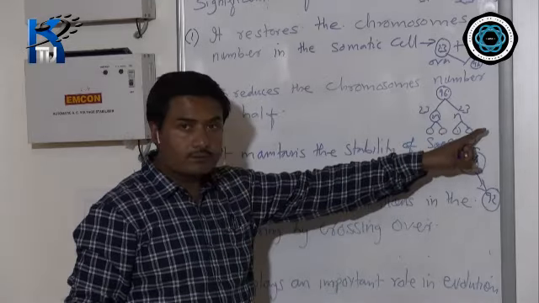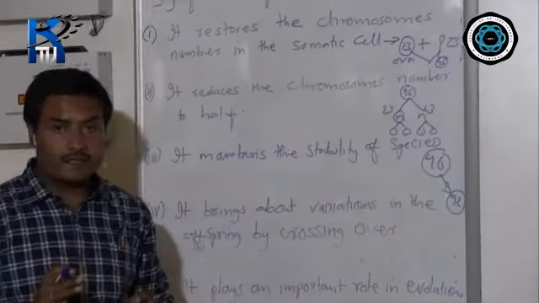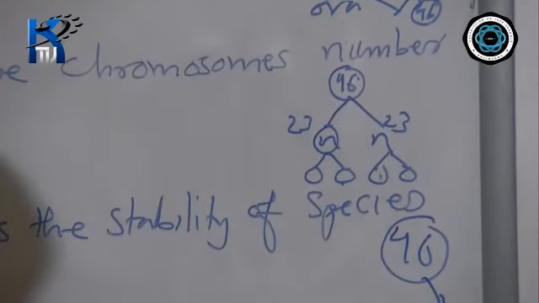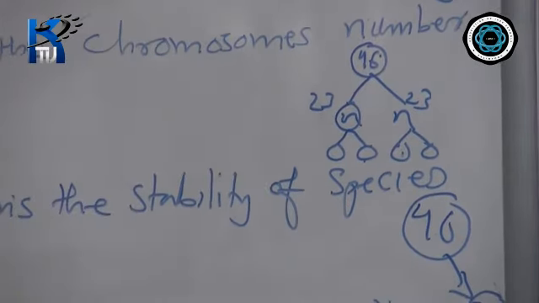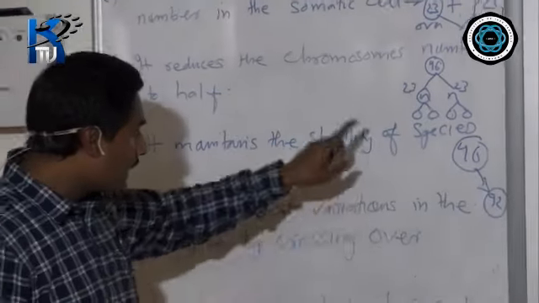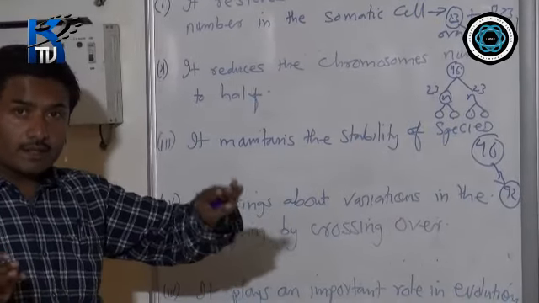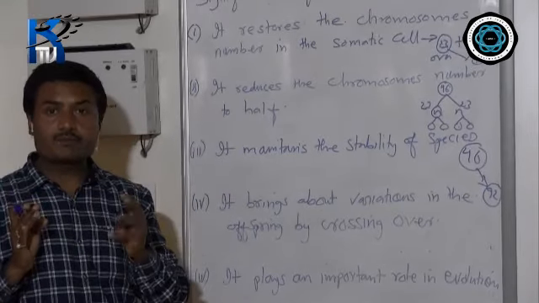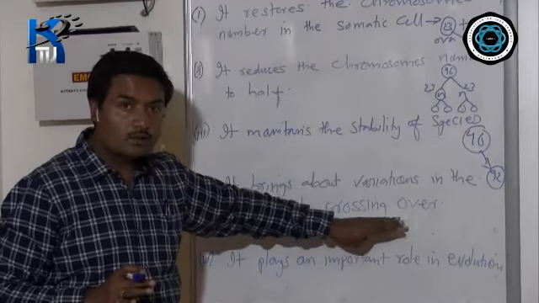All these 4 cells will be different from one another. In a family, if a parent has 4 daughters, all 4 daughters are of their parents, but all of them are dissimilar in their morphological features. Their appearance will be different. This is called variation. There is a difference in the living organism. There is a difference among the family members. There is a difference between the brother and the sister also. And that is due to what? Crossing over.